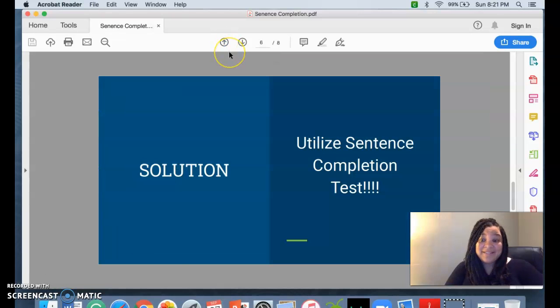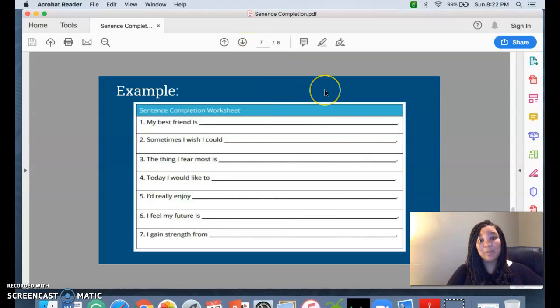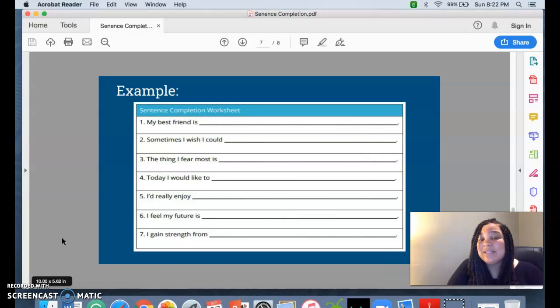Now, what is the solution? The solution is to utilize the sentence completion test. A great example would be, my best friend is. Another one would be, sometimes I wish I could. The thing I fear most is. Today I would like to. I'd rather enjoy. I feel my future is. I gain strength from. These are some great examples of what you can expect on this test,